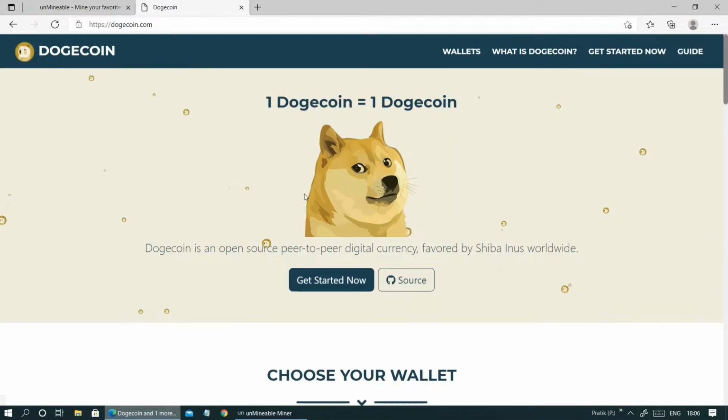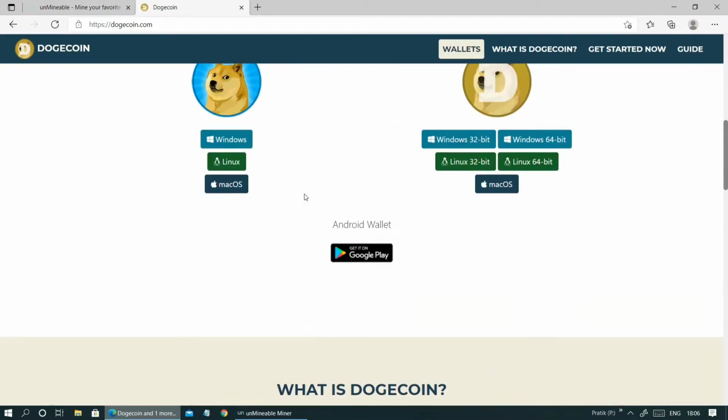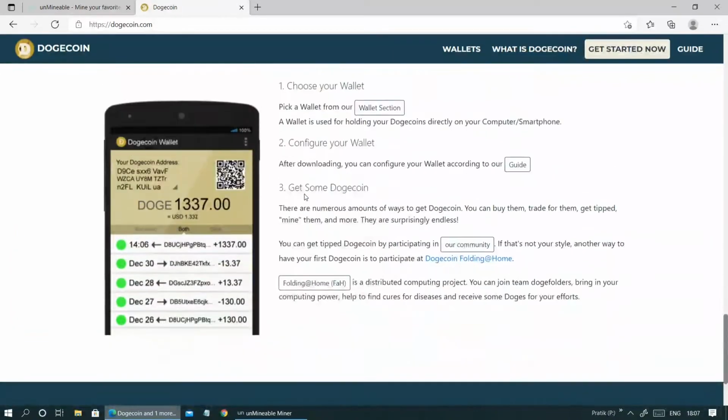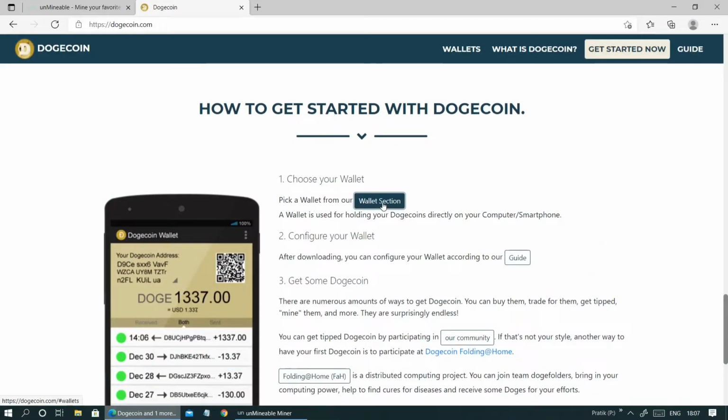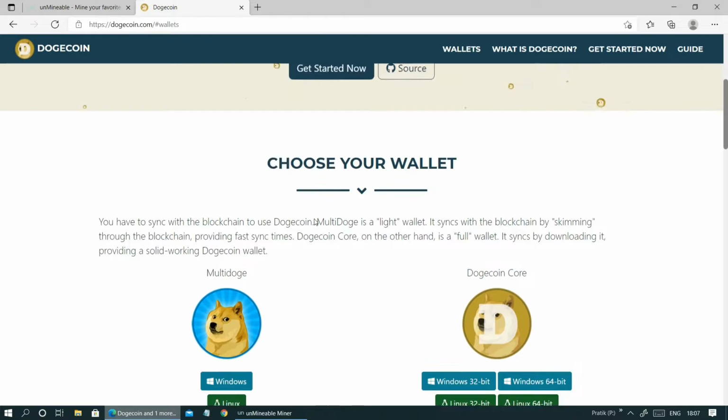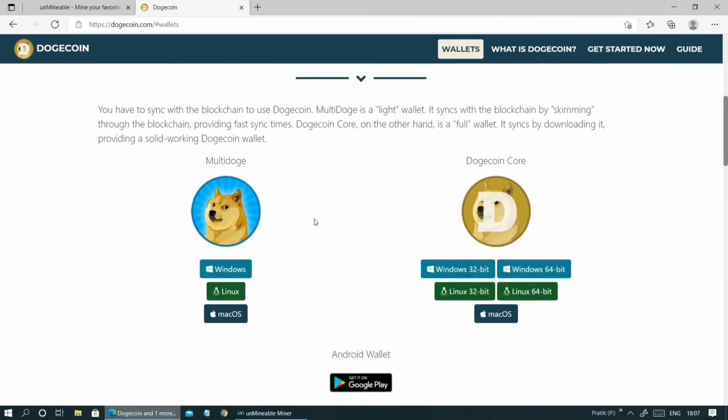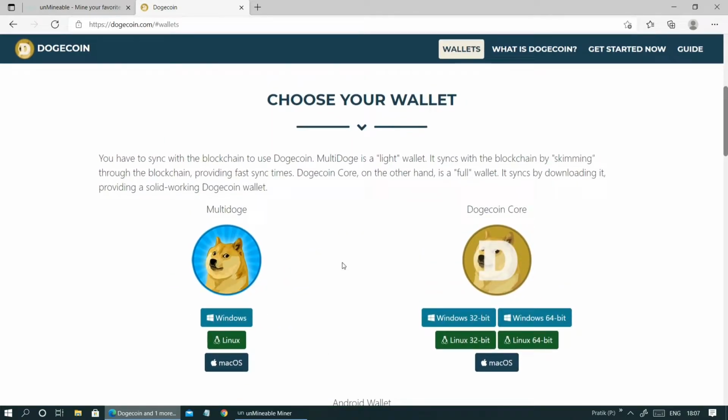and then you have to click on the wallet section, and from here you will get two options. Here you have to select Doge Core for collecting Doge coins from mining.